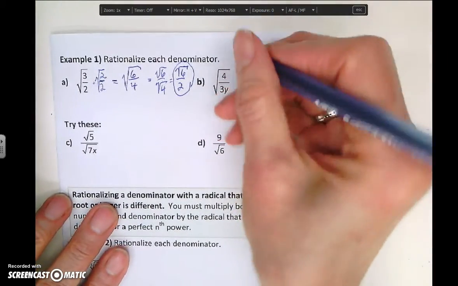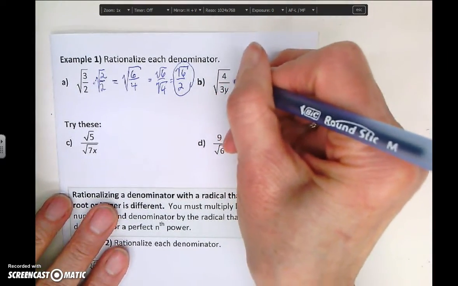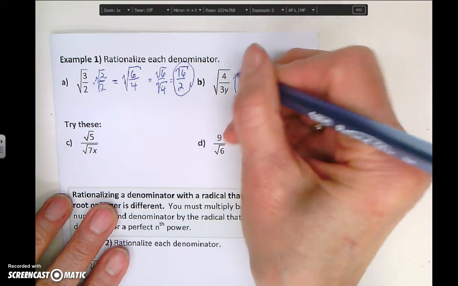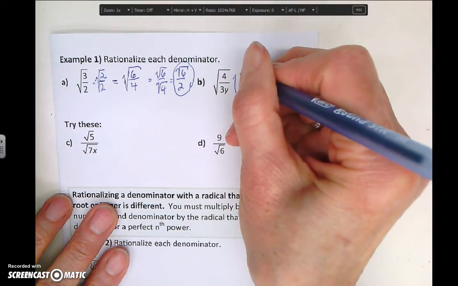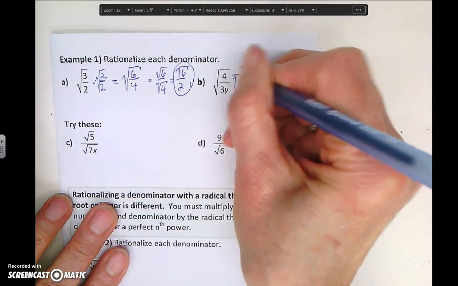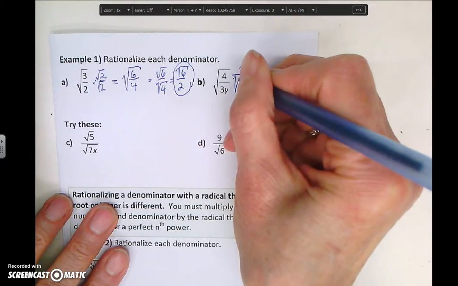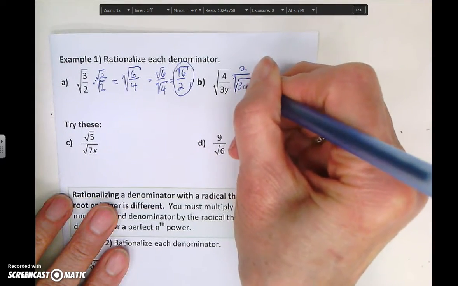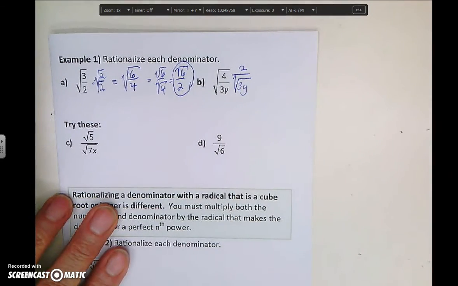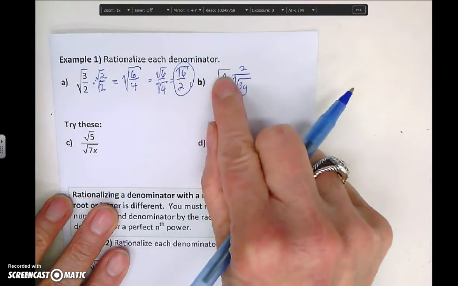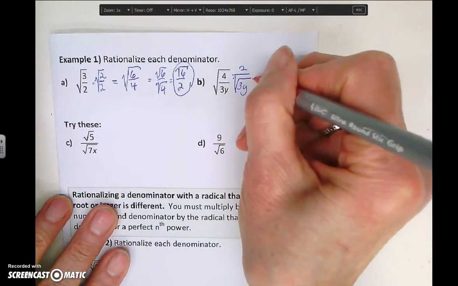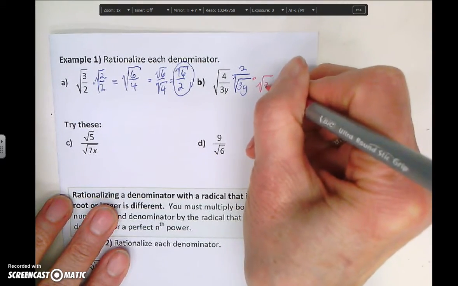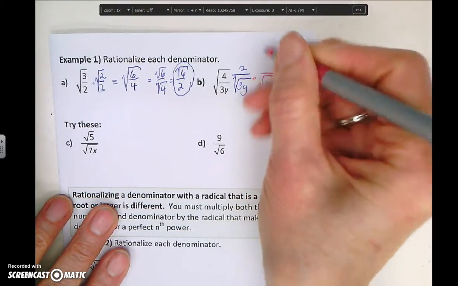So B, same thing. I see I could actually simplify the top of that. So the square root of 4 is 2, so I'm going to make it a 2 there. So that's 2, and then in the denominator I still have the square root of 3y. Now I'm ready to rationalize it, so I want to multiply by that denominator